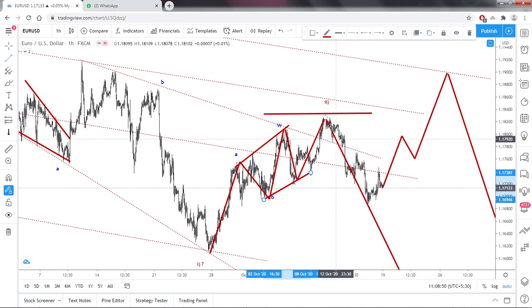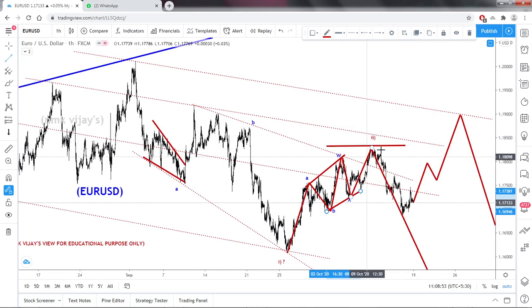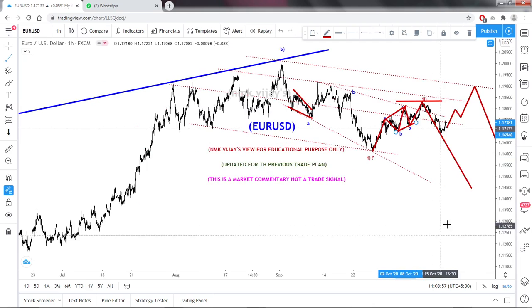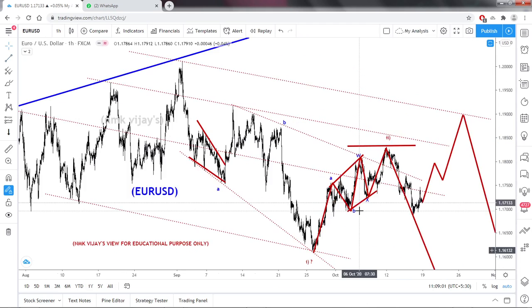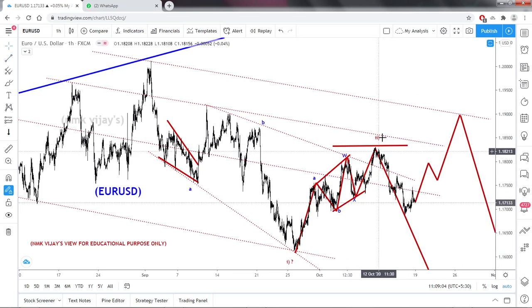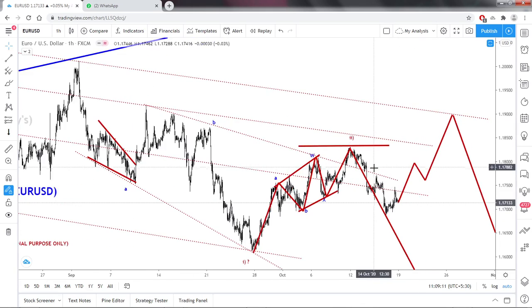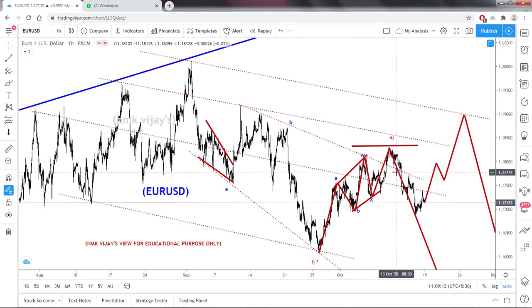So if it is the end of the second wave, it has a chance to make a W and then again X and Y, like that it may happen for the third wave. Or if the second wave is still there, as I explained with the DXY, there is a chance for this also. So once the trader expects this to go down and enters in sell, the market may happen like this also. That is also a possible valid count.